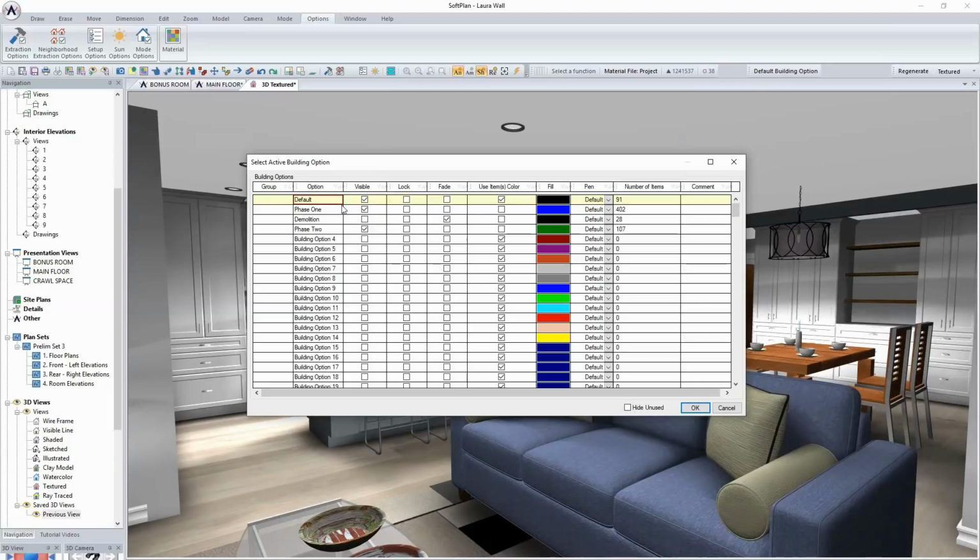The original house was drawn using the default building options. It's a small two-bedroom house, which you'll get a moment to look at on the screen in floor plan mode. Then there was going to be a phase one, which would be an addition going off the back. There will be a demolition building option that's going to be utilized. And then phase two, which is really the area that we're going to focus on,